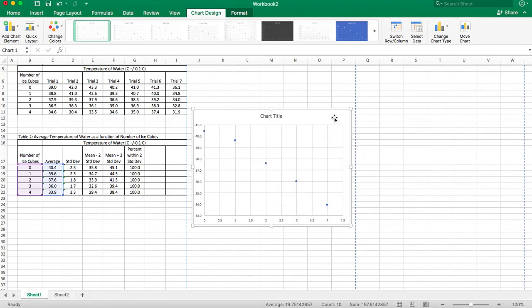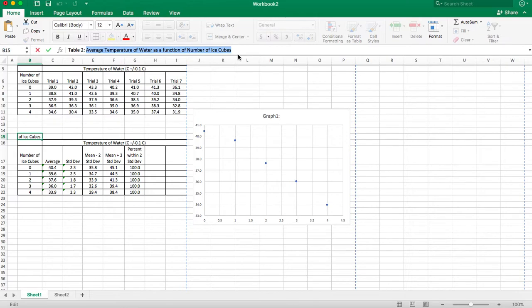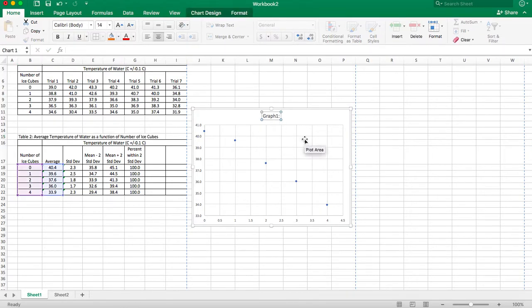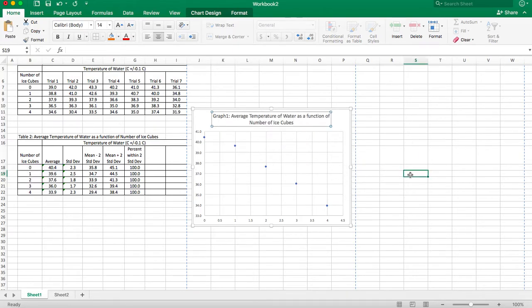On my chart, I'm going to first rename it. It's going to be called Chart 1 or Graph 1, whatever you want to say. I'm going to say Graph 1, and I might even just cheat and copy this, put it over here so that I can save time. Okay. And so now I have a title, but I really need to label my axes